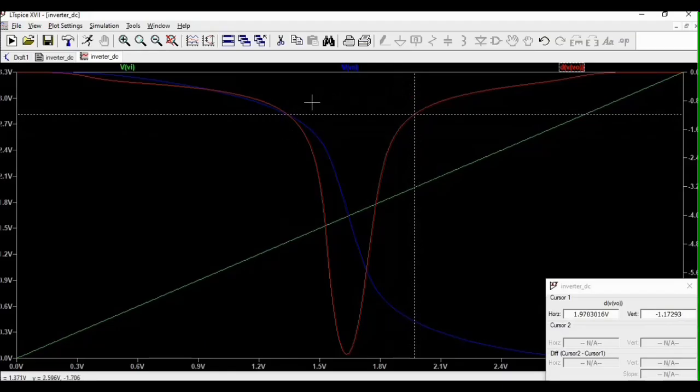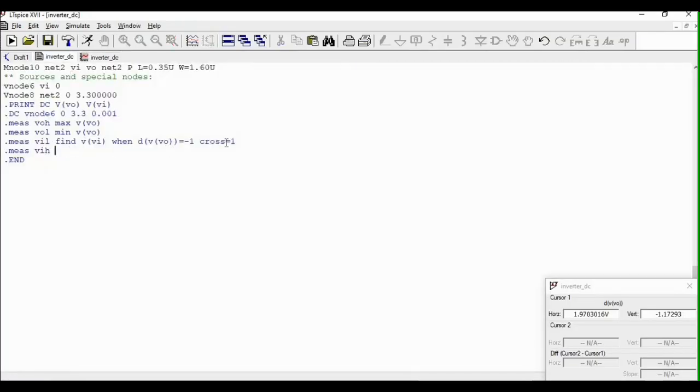So there are only 2 times wherein negative 1 occurs. So that is why we use the command cross is equal to 1. Then for VIH, it is the second occurrence. So find still VI when derivative of V out is equal to negative 1, cross equals 2. So on the second time that you were able to get a derivative of negative 1.